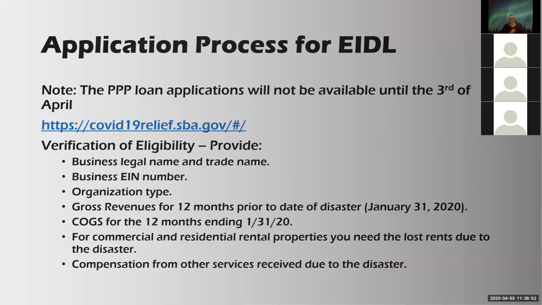So you have your gross revenue, and then you have your cost of goods for that same 12 months as the gross revenues. Keep in mind that most service industries do not have cost of goods. I mean services as in accounting, I don't have cost of goods for the most part. Whereas a bar or restaurant would include food, materials, costs, things like that under cost of goods. So you have to be careful of what you put in cost of goods, and if you need help with what is going in cost of goods, you can give me a call.